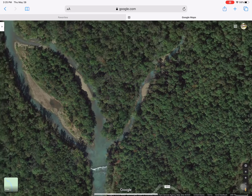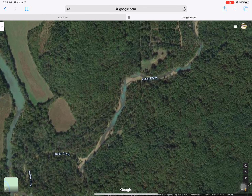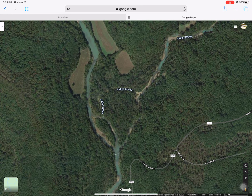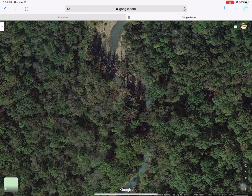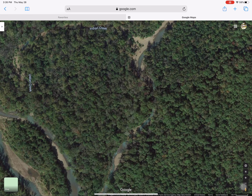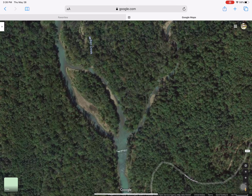You can also float Indian Creek. You can put in from the road. I wouldn't recommend it without asking someone if it's cleared out. A couple of years ago, I floated it, and there's a big pileup of trees right around in this area somewhere. And there was quite a few people that lost boats there. It was dangerous. There was 4 or 5 trees just stacked up on top of each other over Indian Creek, and it was a hard place to navigate. But anyway,